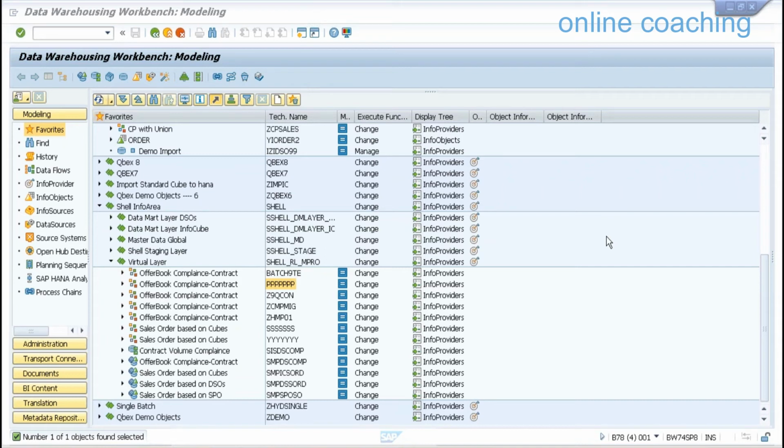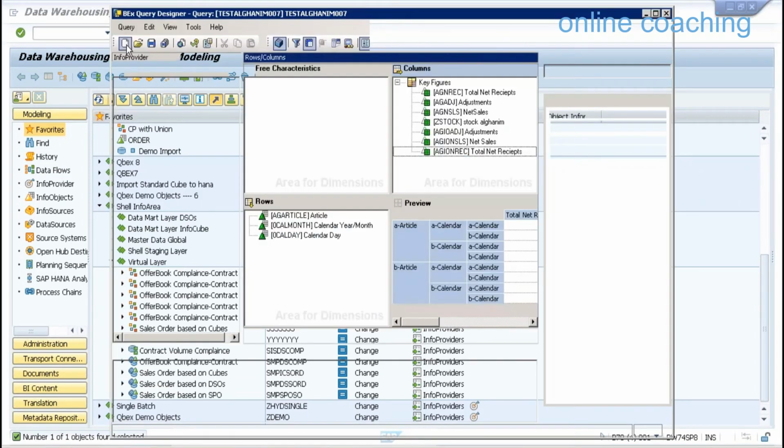What you're saying is you'll publish this DSO as a view and join those two tables and the view as in the calculation view. And when you want to consume the calculation view again, we have options like transient provider or virtual cube, or again using Open ODS view, again using composite provider, or we can export it directly also. If you look at 7.4 SP11, I can straight away create